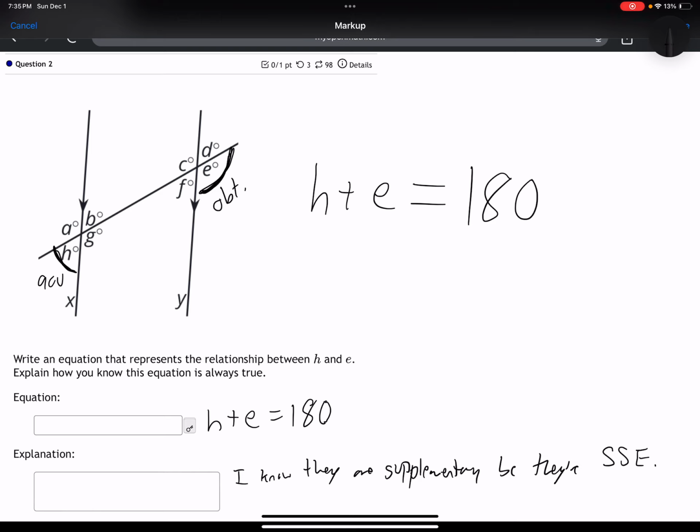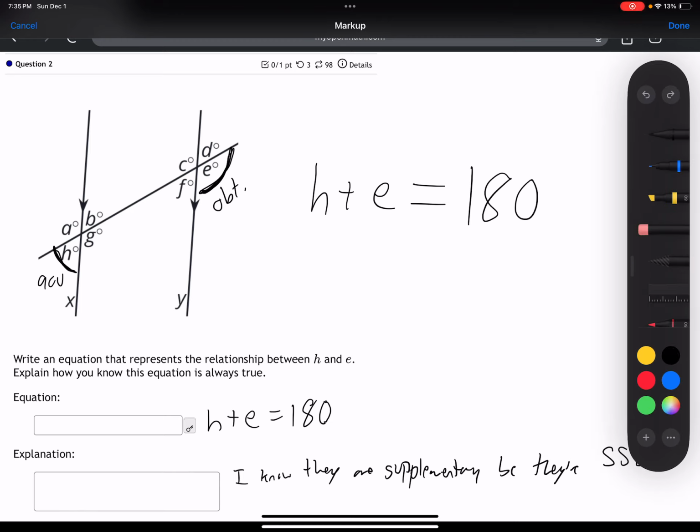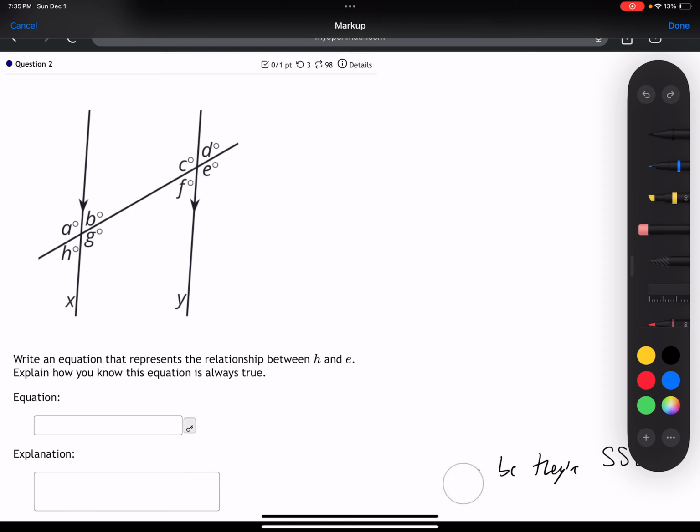So your equation is this whole thing, h plus e equals 180. That would be their full answer. H plus e equals 180. You could also do it, let me do a separate example if you do something a little bit different. Let's say instead of doing h and e, let's say we did b and f. If we did b and f,